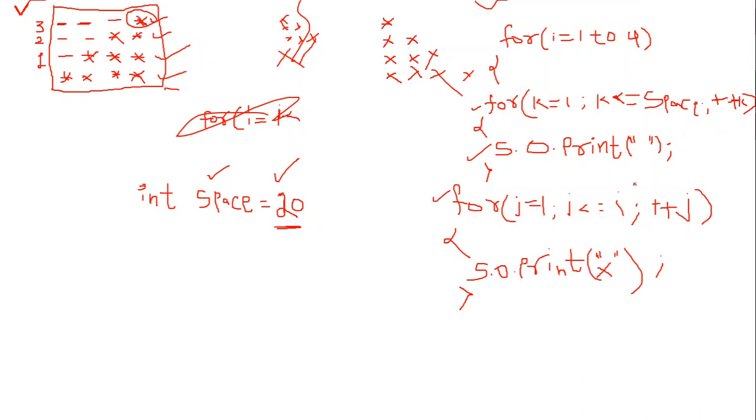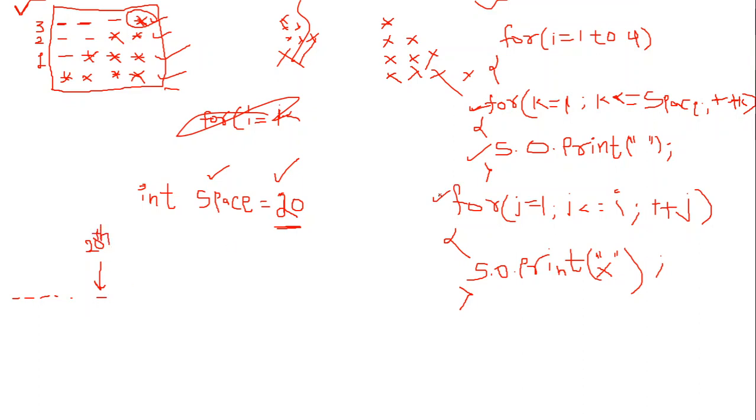Okay, let's try to figure out what is happening. Suppose the value of i is 1 for the very first time. So this k loop will run 20 times. It is saying print one space, but if you run this loop 20 times, 20 spaces will be there in the console: 1 space, 2 space, 3, 4, and then the 20th space. Your cursor will be at the 20th position, because you have run the inner for loop 20 times.